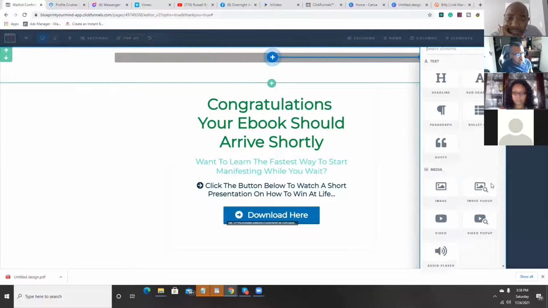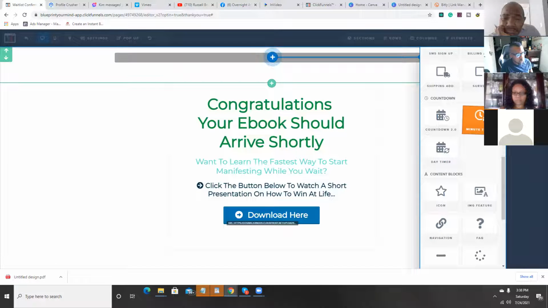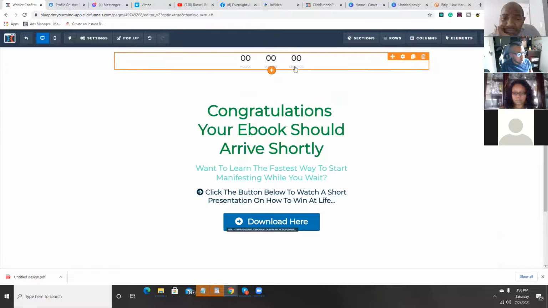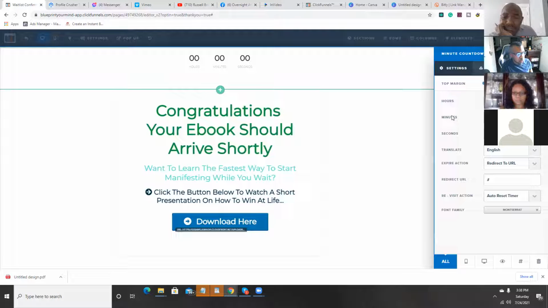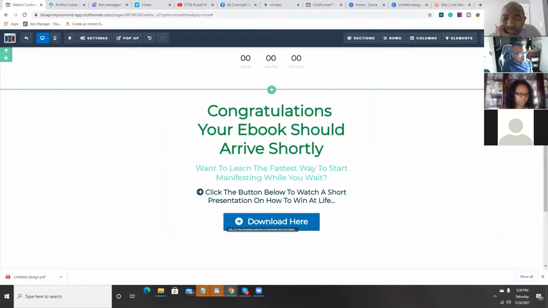It's minutes. Minute timer. That's what I want. Yes, this is what I want. Same concept. It's going to give us hours, minutes, seconds, translate, expire action, redirect, visit action, and font family. So all I want to do is have it at 15 seconds. After 15 seconds, it's going to redirect them to my offer. Okay, save,